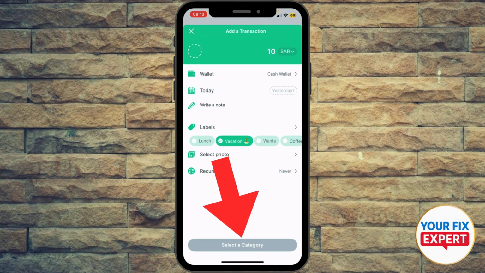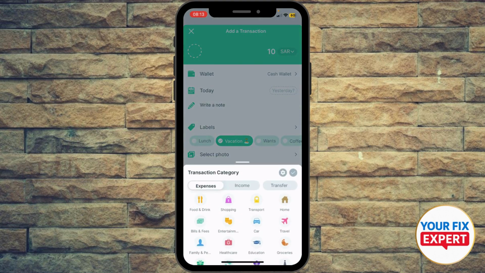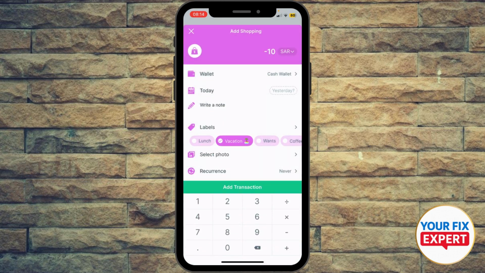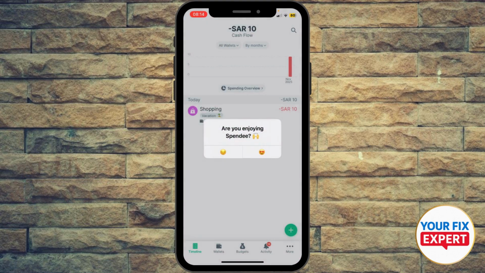select the category by hitting select category, and make sure it's something related to your expense, right? Maybe it's food or drinks, shopping, transport, whatever, healthcare. So let's say shopping. And what I'm going to do, I'm going to hit add transaction, and I just added